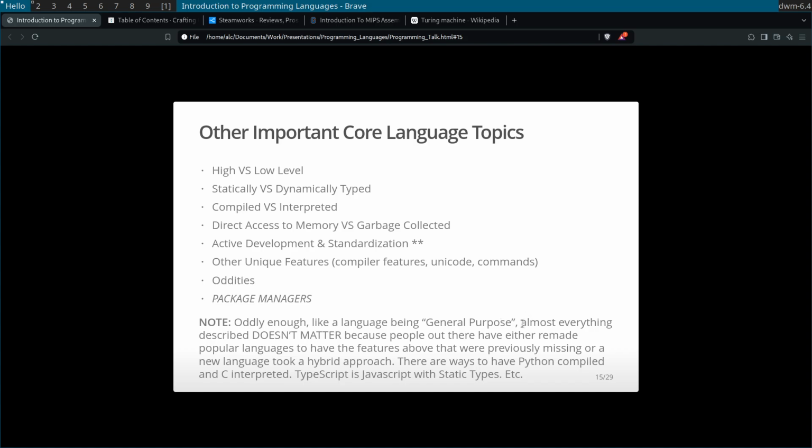Almost everything described here doesn't matter because people out there have either remade popular languages to have the features above, or they forked the language, or many other things. Cython is Python that is compiled into C. And then there are interpreted C interpreters, I guess.